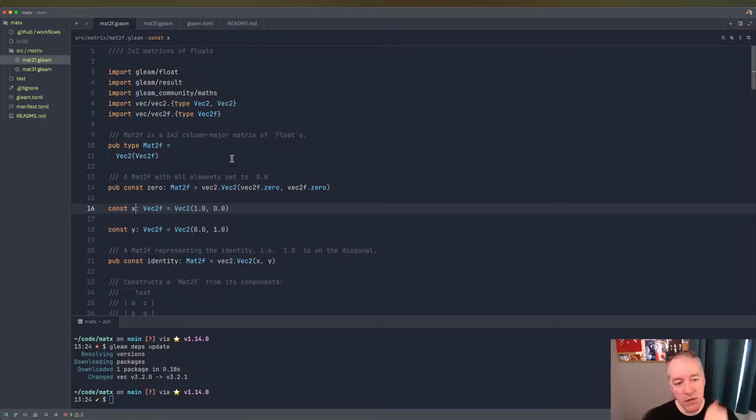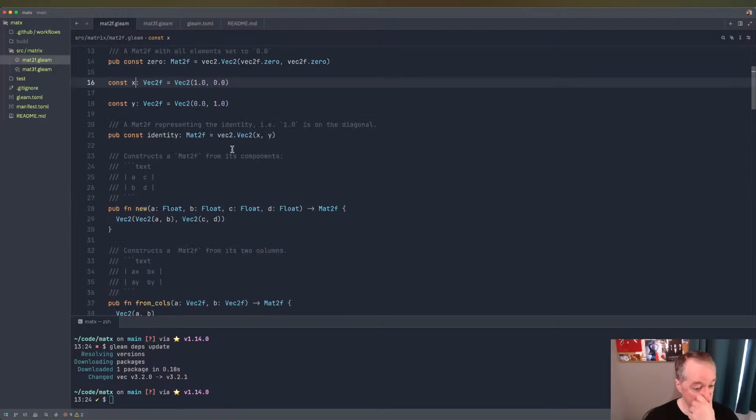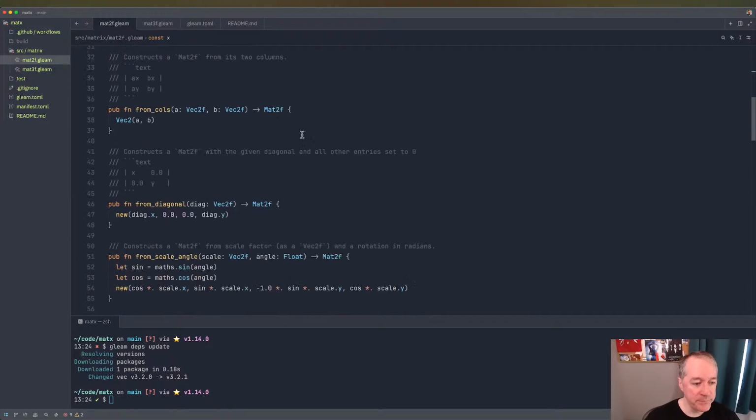Now these are column major, I think is important to say. Conceptually, that can be a little bit hard to think about at times because we're used to thinking of top to bottom. But if you go left to right, it makes certain forms of the math really easy. And we'll see this down here. So for example,